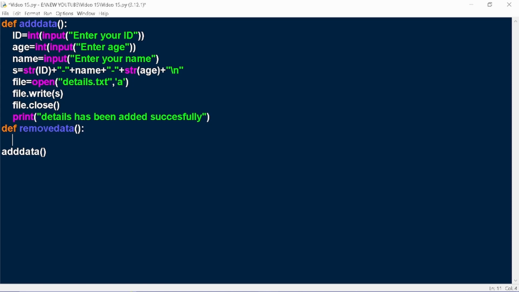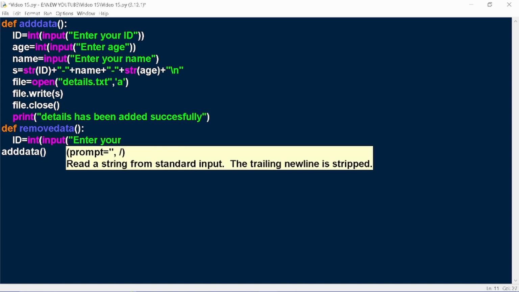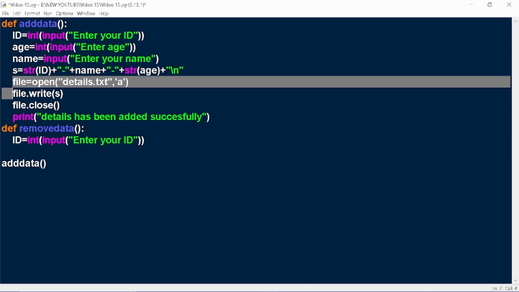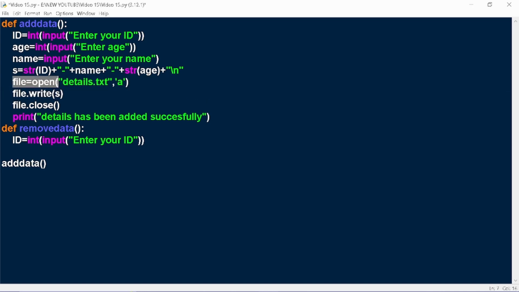I am taking the example that the data can be removed only by entering the ID. So I will just ask the user to enter the ID, input, enter your ID. Then we will open the details file